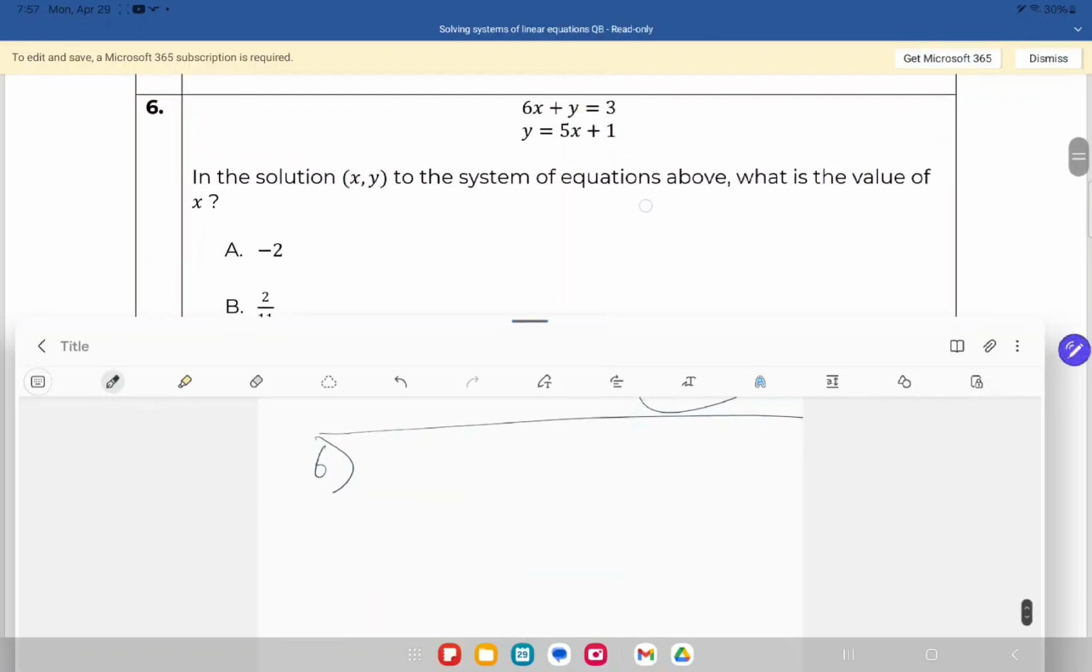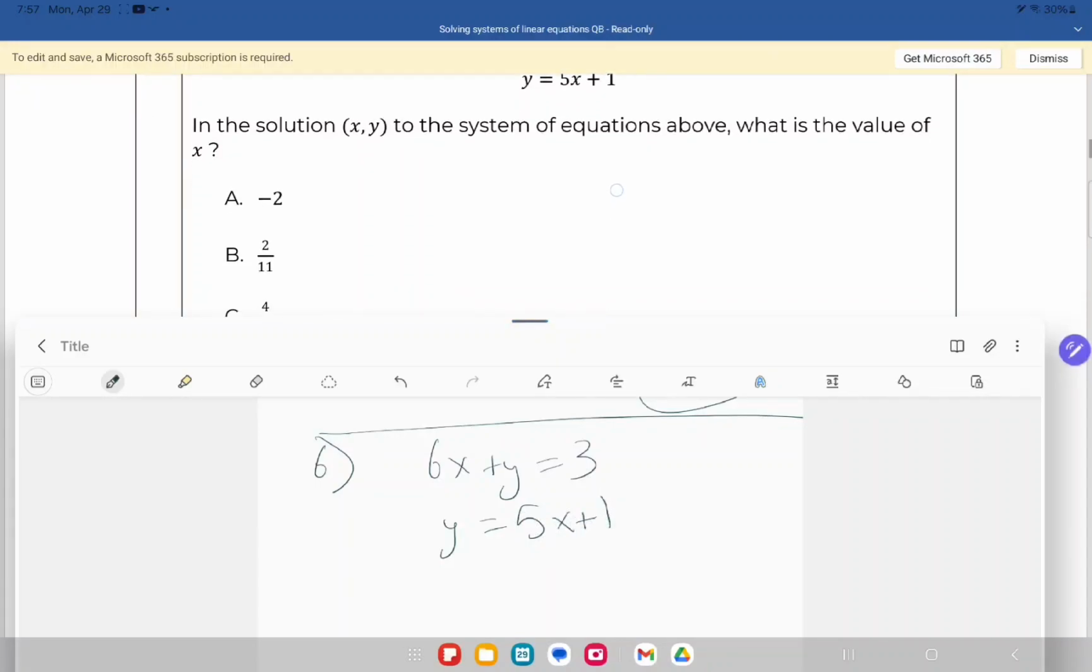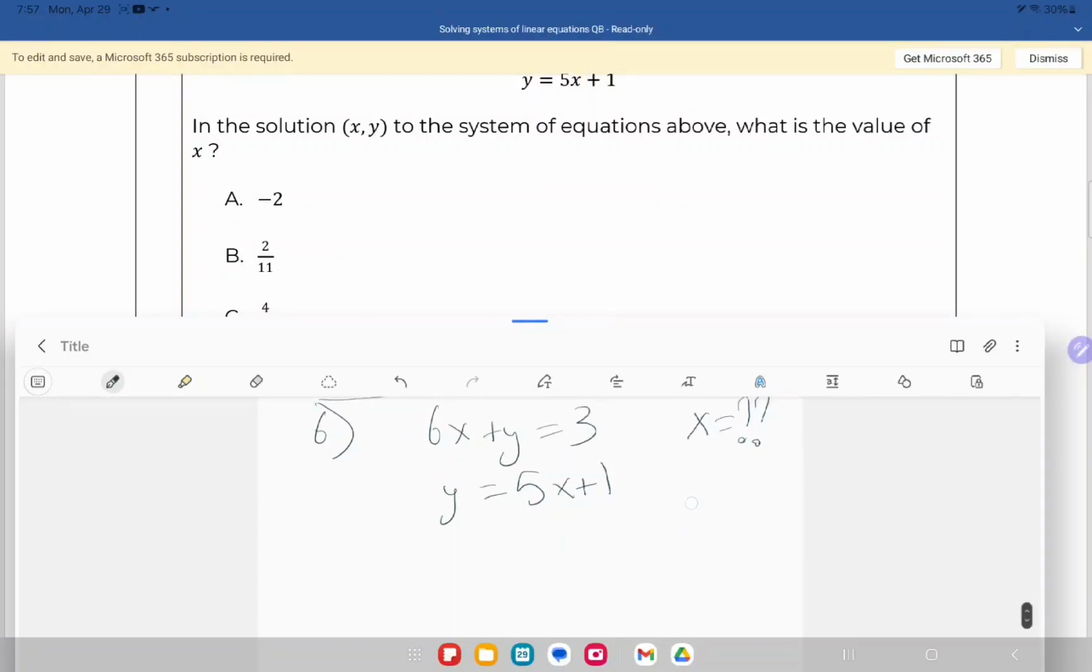Now, over here, I've got 6x plus y is equal to 3, y is equal to 5x plus 1. And the solution (x, y) to the system of equations above, what is the value of x? Now, I need to get x. They're asking me for x. Now, if I want to get x